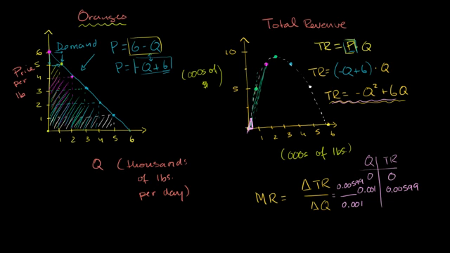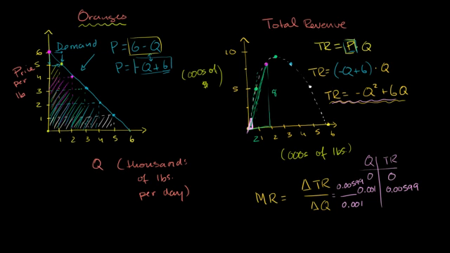But I'm going to approximate it by the slope between these 2 points. And between those 2 points, our change in quantity is 2, and our change in total revenue is 8. When we produced 2,000 pounds, our total revenue was $8,000. So we have a change in total revenue of 8,000 divided by a change in quantity of 2,000. So our marginal revenue at this point is 8,000 divided by 2,000, which is $4